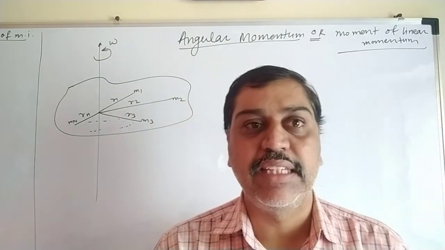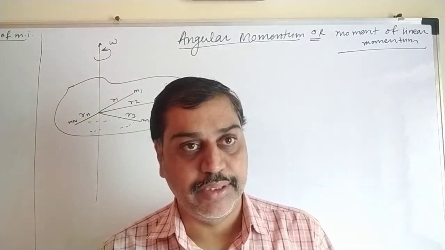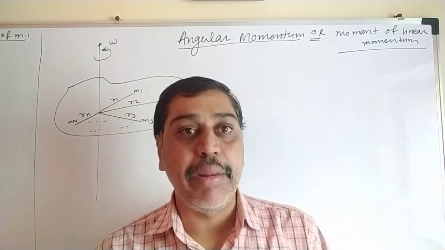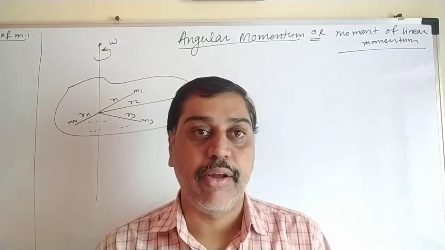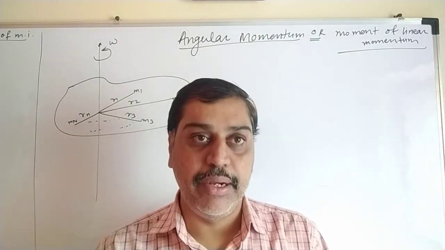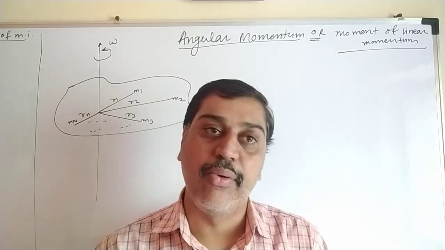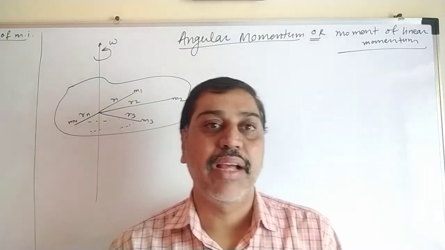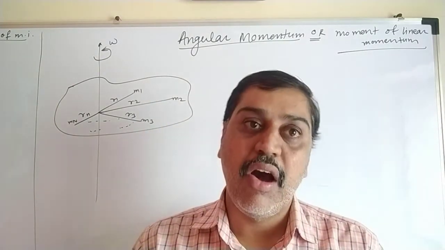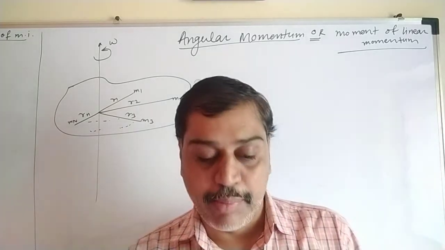Up till now we have seen angular motion, and linear motion we finished in 11th standard. So whenever linear motion is there, there is linear momentum P, equal to the product of mass into velocity, which we already know well: P equals m into v. Here the motion is angular because it is rotational motion. So a new concept comes in, and that is angular momentum, which is equal to the moment of linear momentum.